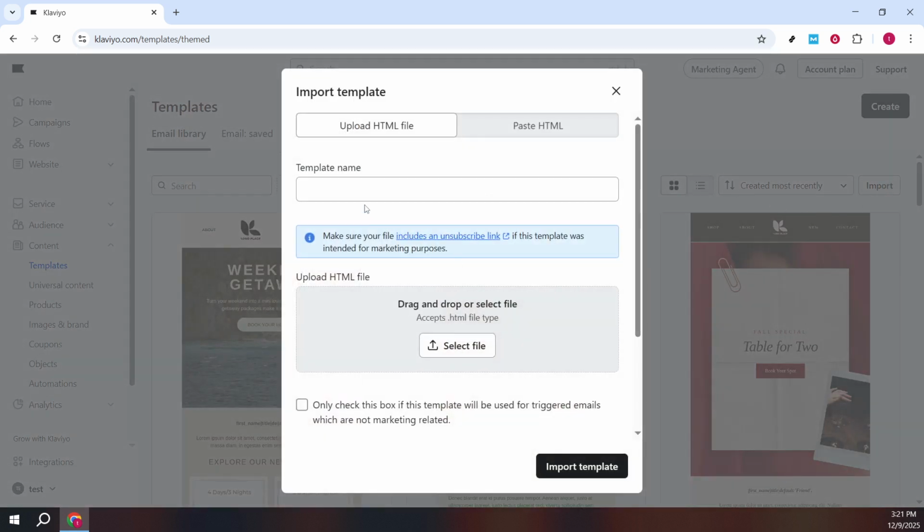The first option is Upload HTML file. Choose that if you already exported your Figma design to an HTML file. Give your template a clear name so you can find it later. Next, upload the HTML. You can drag and drop your file into the upload area or click to select it